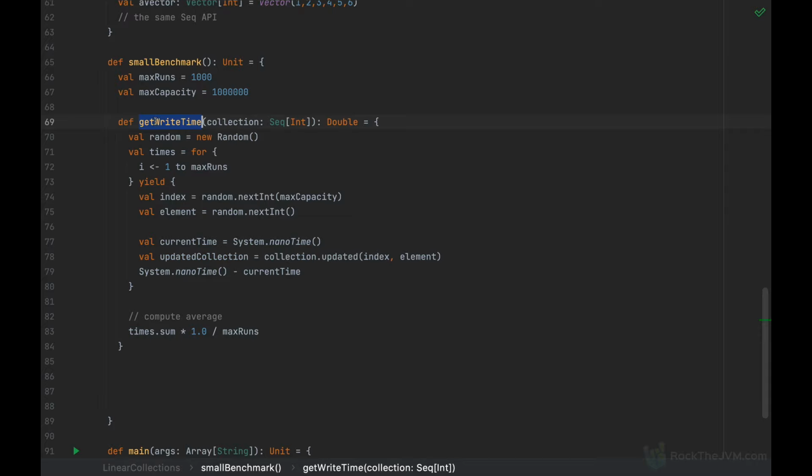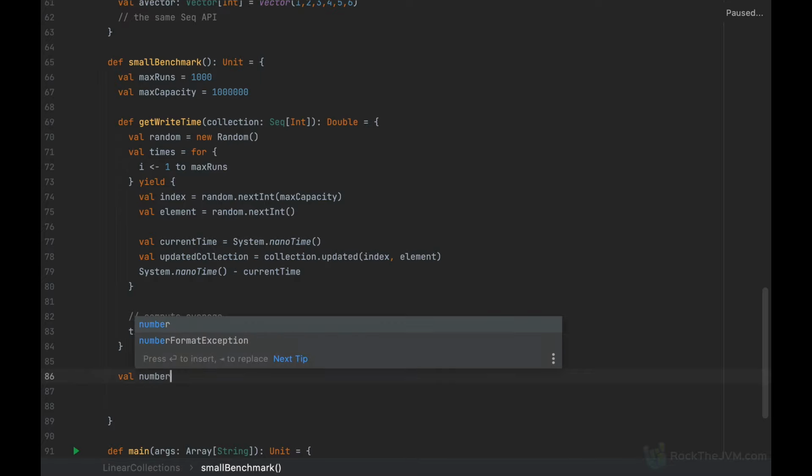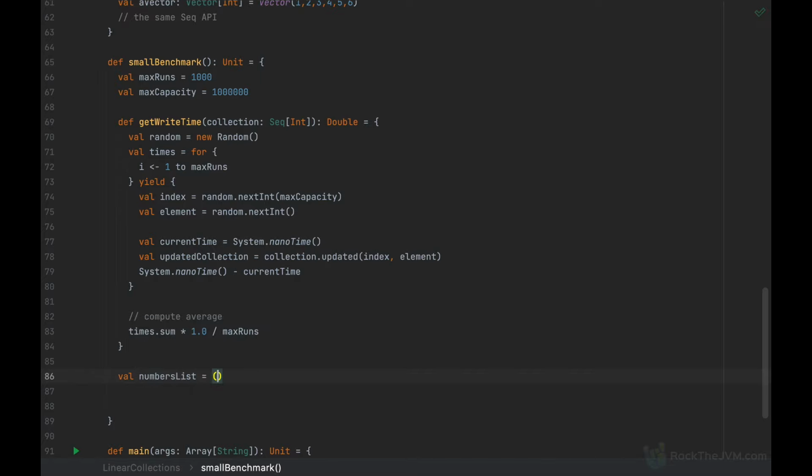Now, with this getWriteTime method in place, we can now instantiate 1 million elements in a list and then 1 million elements in a vector. And the way that we can do that really quickly is convert that range to a list and convert that range to a vector respectively. So I'm going to say, let's call this numbersList and I'm going to use 1 to maxCapacity, and